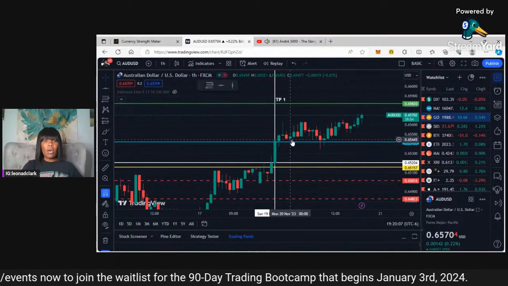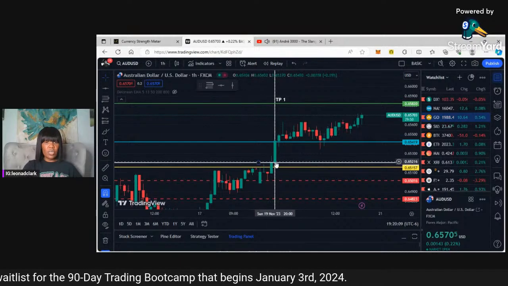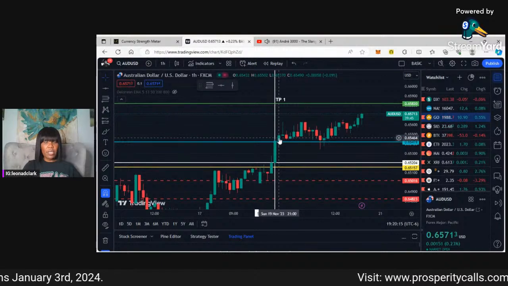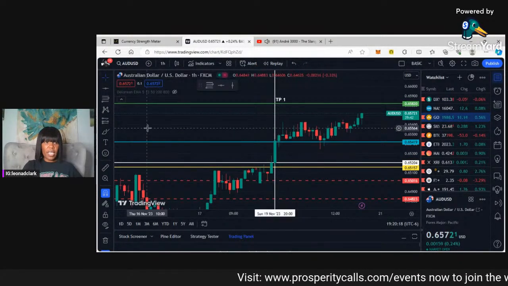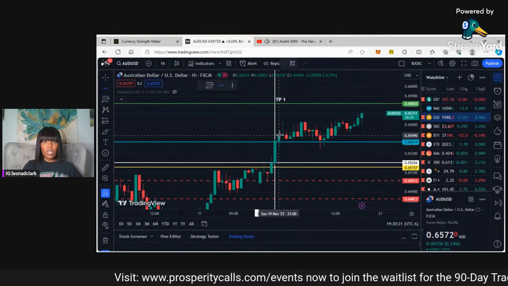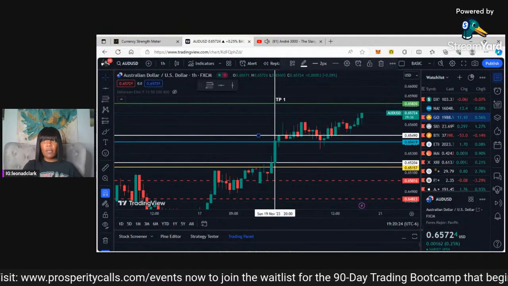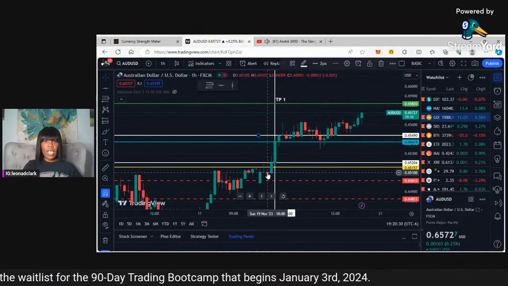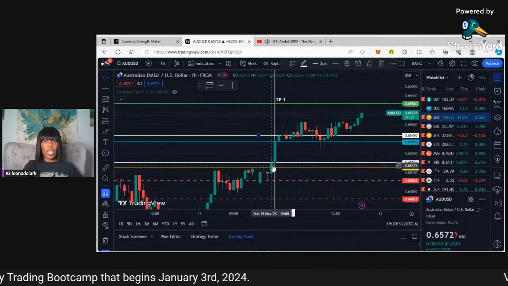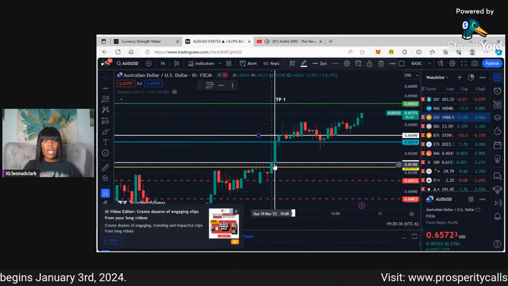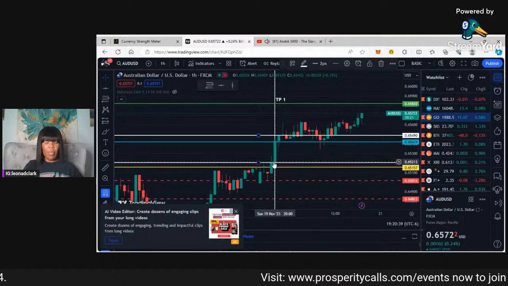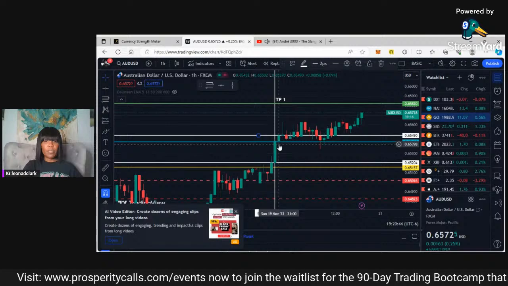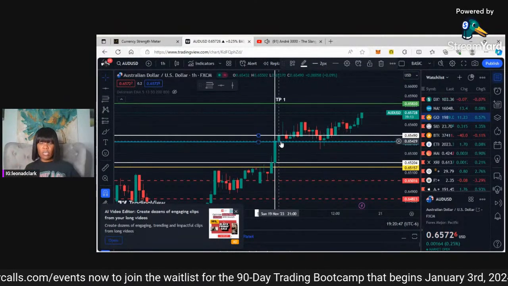So this was one potential entry had we caught it prior, and then this is when we actually saw it right here. So this would have been a second entry. The first entry potentially because it has a hammer, and then you have your confirmation candle. That would mean into the trade at the confirmation. But since we weren't on the session at that time, we would have caught the next trade,